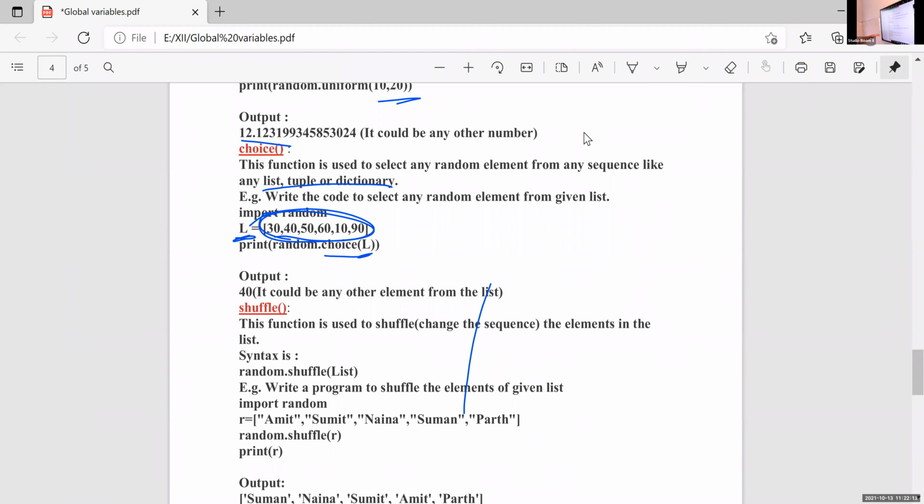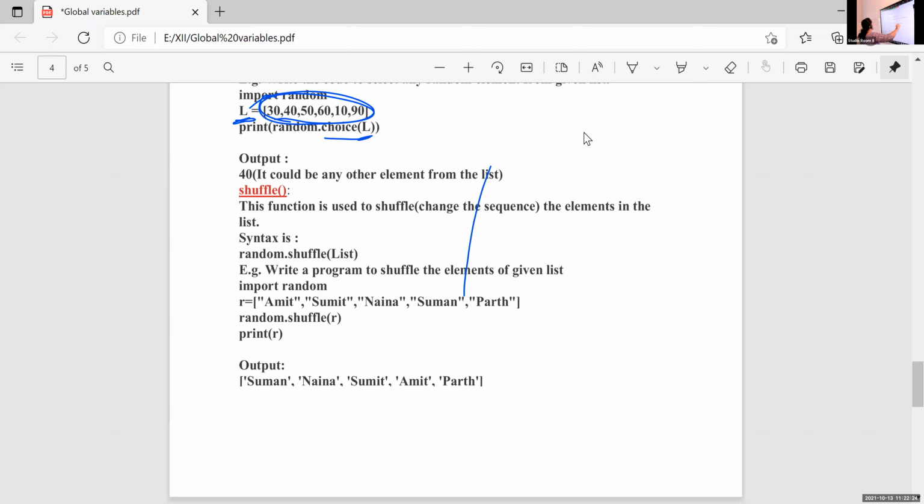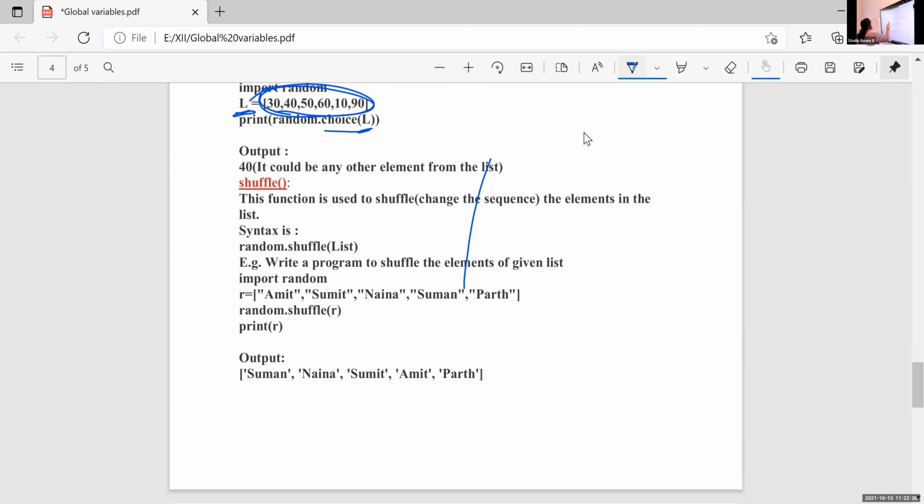This shuffle is another built-in function. It's the same as that particular word, shuffle. It just shuffles the content. This function is used to shuffle, that is, change the order. From the same meaning of that word, it will just shuffle the content of that list or tuple.